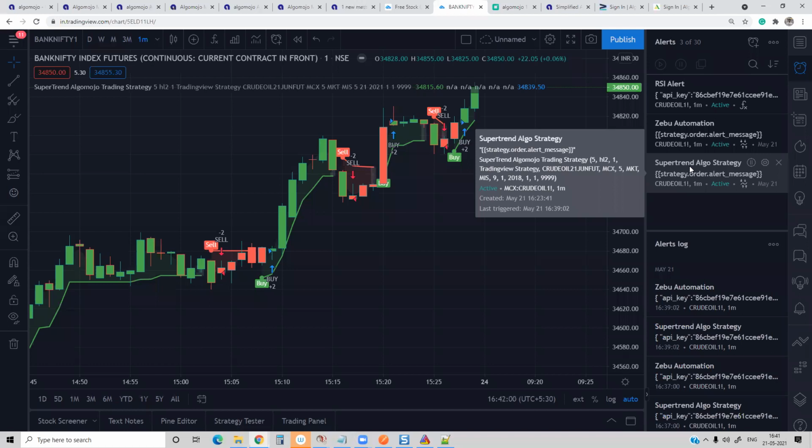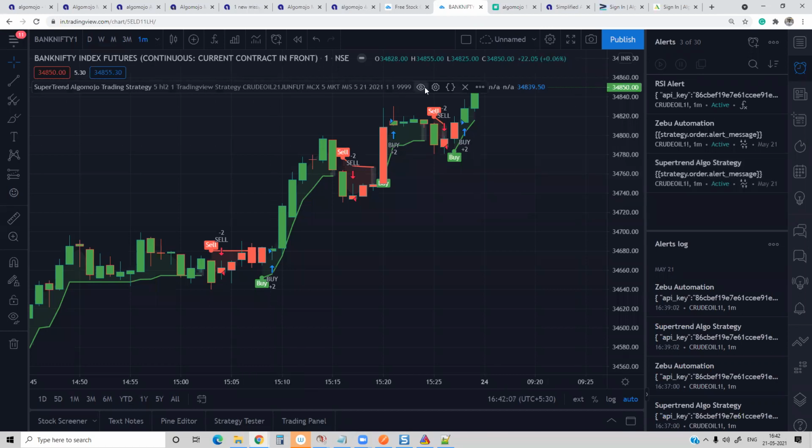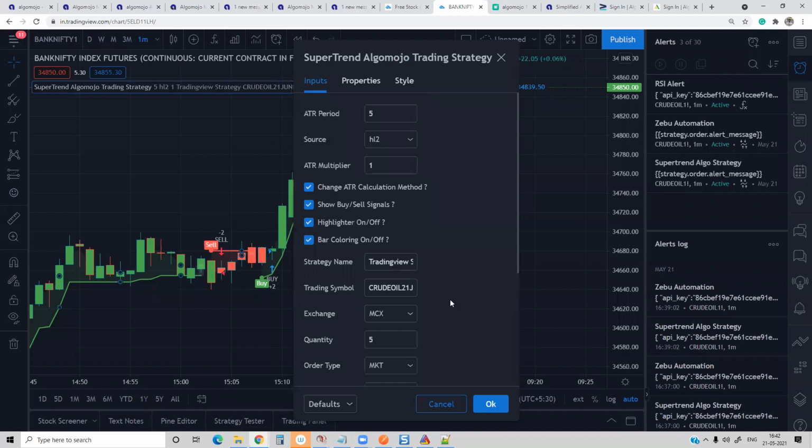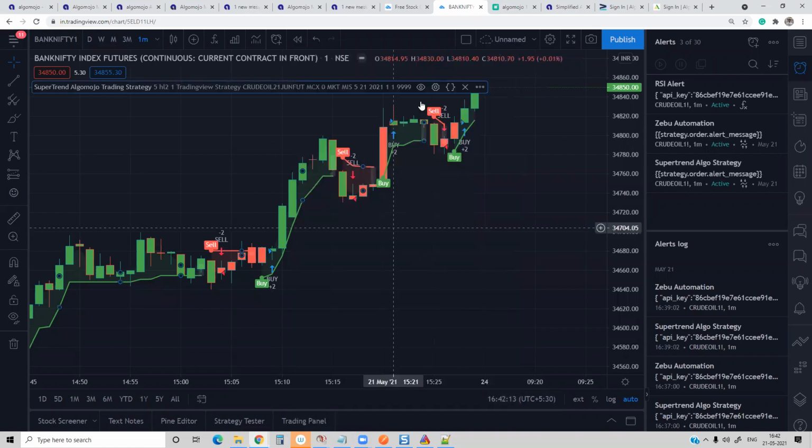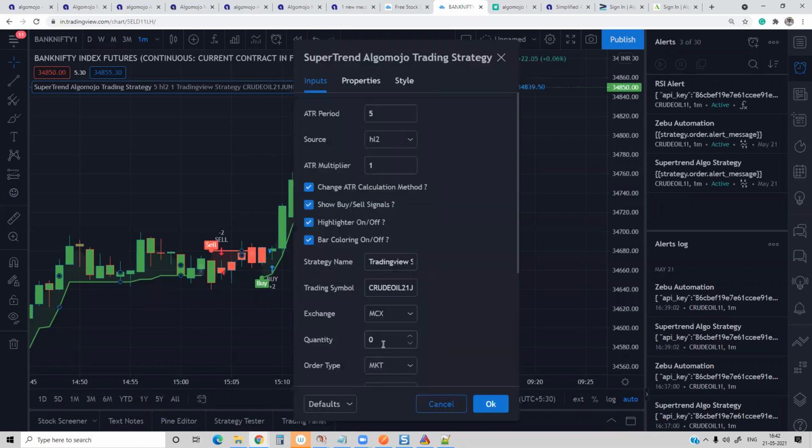Sridhanya is asking, is there a facility for paper trade in Algo Mojo? See, there is one way to implement that. There is no direct facility over here. You can send a real execution, but set the quantity as 0. If the 0 quantity is accepted, then orders will go through but will not hit the exchange because the quantity will be punched as 0. You will still see the execution happen during live market itself, but it will not trigger any real orders to the exchange. That way it is possible.